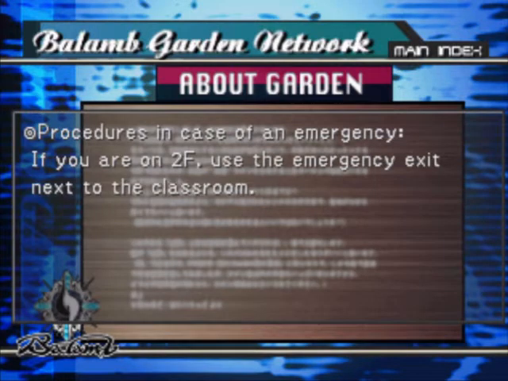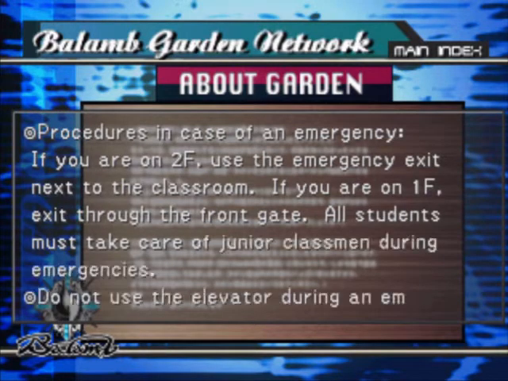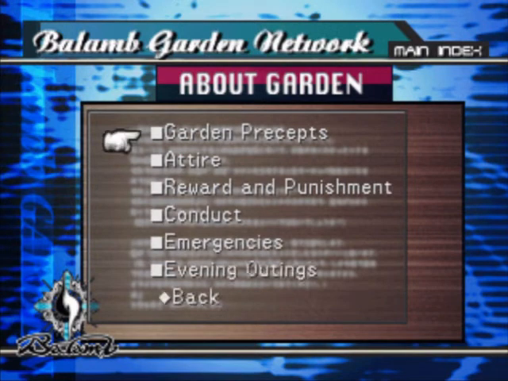Emergencies. Procedures in case of an emergency. If you are on the second floor, use the emergency exit next to the classroom. If you are on the first floor, exit through the front gate. All students must take care of junior classmen during emergencies. Alrighty. I have to keep that in mind. Do not use the elevator during an emergency. Oh boy. I guess that's probably why they're telling us to go out the second floor, but...